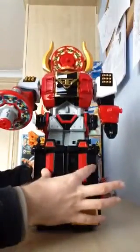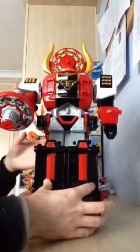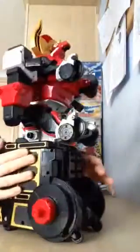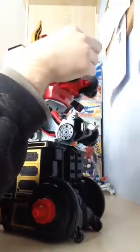You can still do the feature of putting the Samurai Megazord on the top to make him ride on top of the bull. They also made the feet, I think, a little bit more grey compared to the white that was here. And